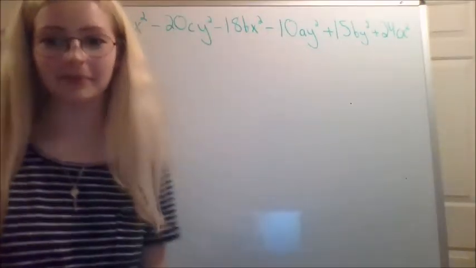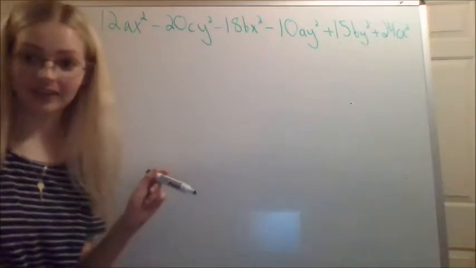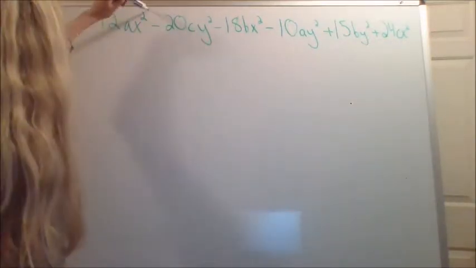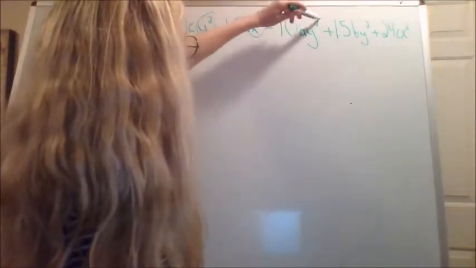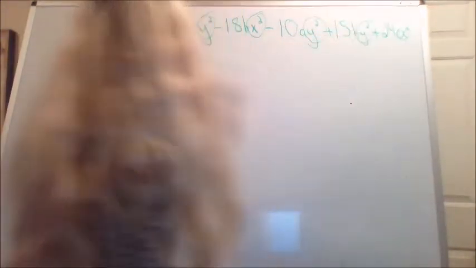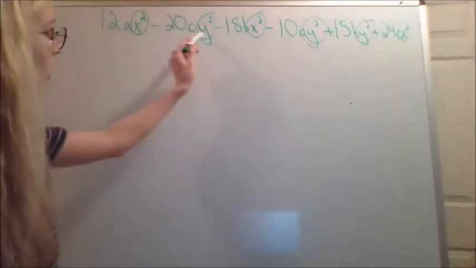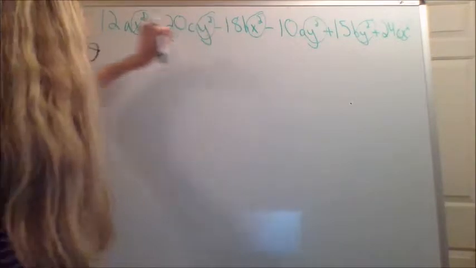Here's another problem. So if we have this intimidating expression here, how are we going to factor this? Well, if we start off by looking at the x squareds and the y squareds, we see that we can classify each of these terms into an x squared term or a y squared term. So if we group these upon the x squareds and y squareds, we get